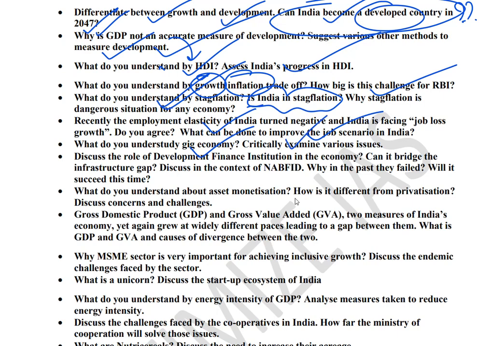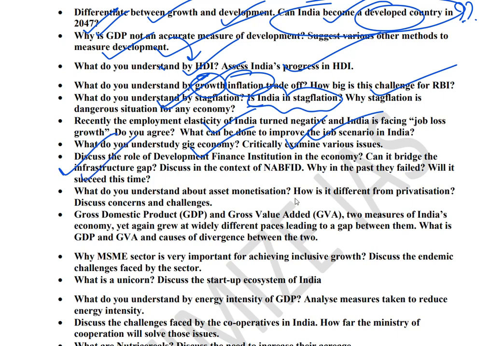Next is the topic of development finance. Guys, last year, I think around October or November, the government came out with a development finance institution, because previously what used to happen is that most of the infrastructure financing was done by the banks, and we all know that infrastructure financing is long-term financing which may result in high NPAs in the banks. So the government has now decided to come out with a dedicated infrastructure financing institution, which is the development finance institution. Okay, so this is a very important topic.